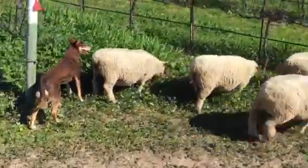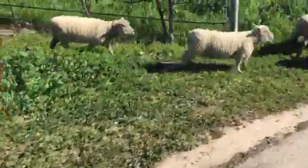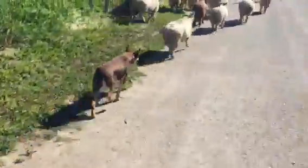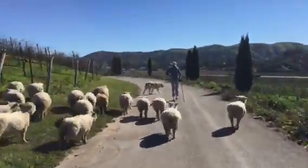Max's breed is used to working on really, really hot days in the Australian outback. So he not only is extraordinarily hardy, but he's very efficient in his water use as well. Trying to keep this thing as